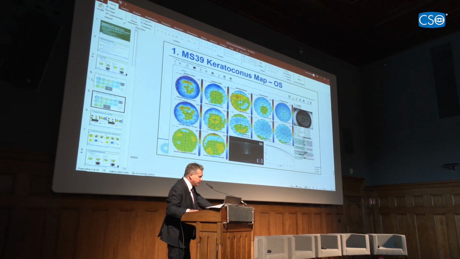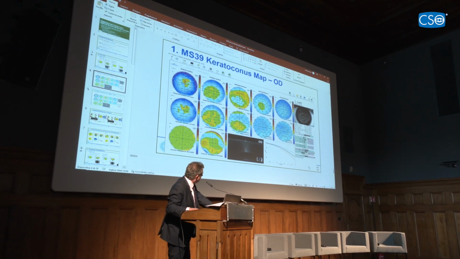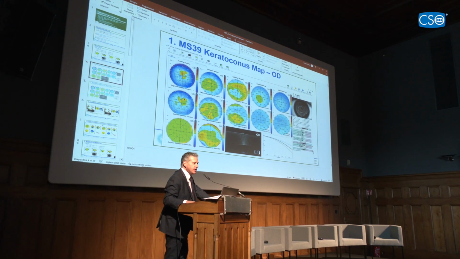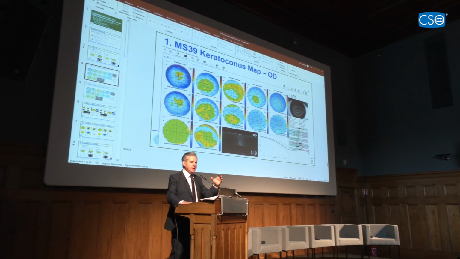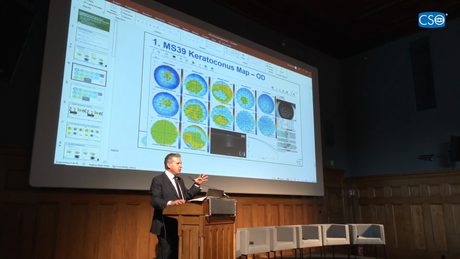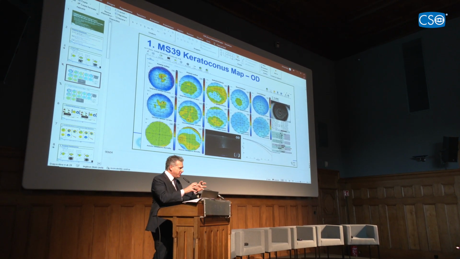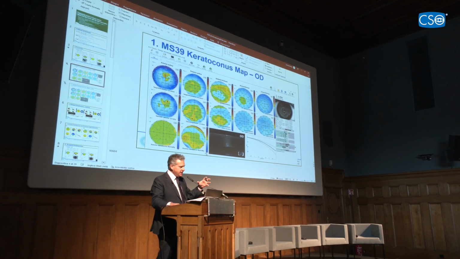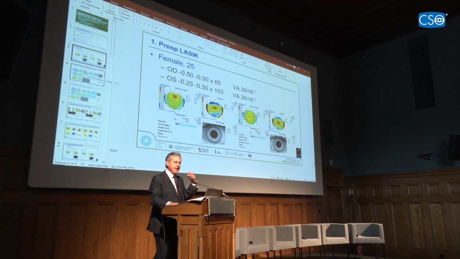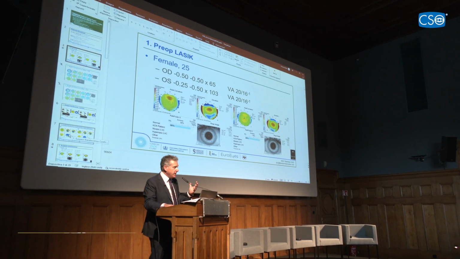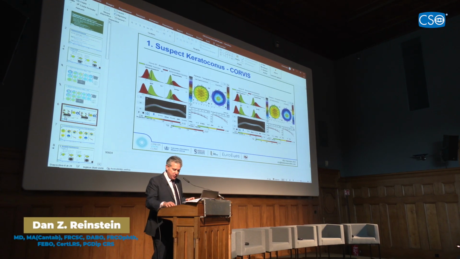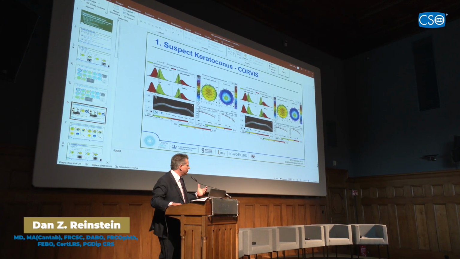But if we go back to the other eye, you see that on the epithelial map, there is a little red exclamation mark. And that's because it's recognizing that the epithelial pattern is not normal, okay? So it's the epithelial pattern that's the most sensitive way of detecting whether there's keratoconus, not the topography or back surface tomography necessarily. In our case, what we do, of course, is multimodal imaging according to the Renato Ambrosio doctrine,